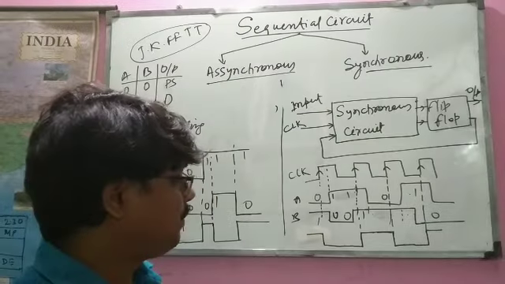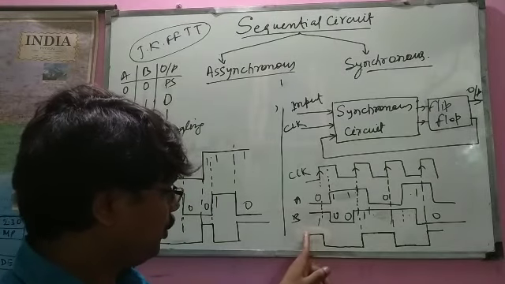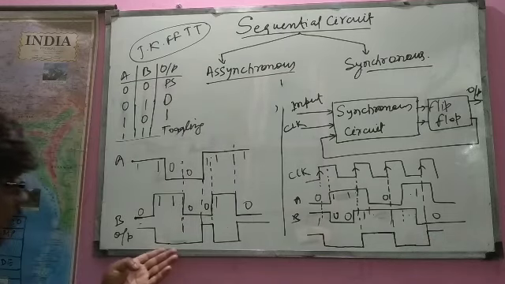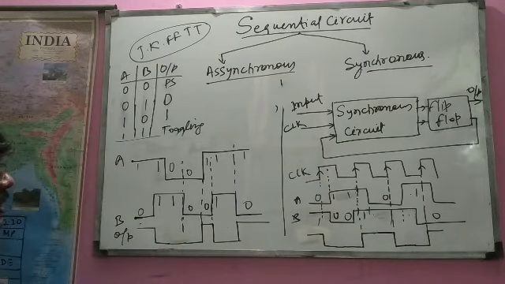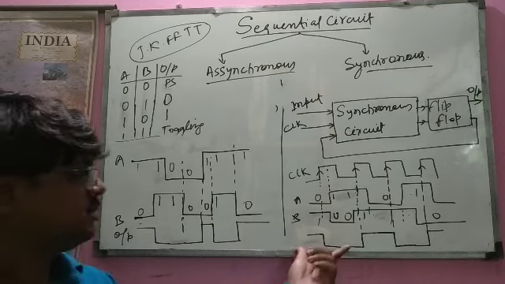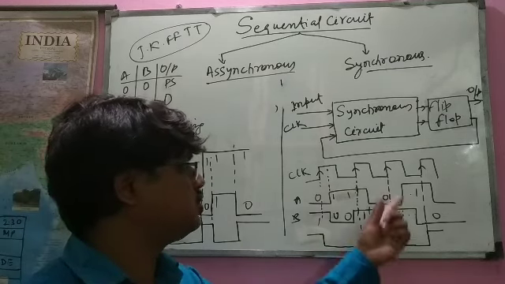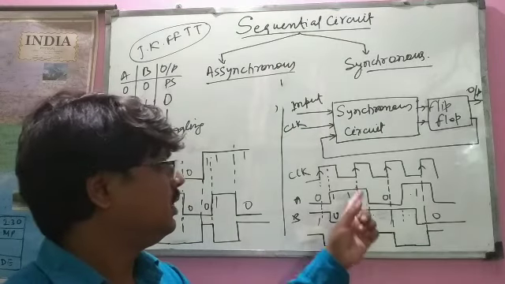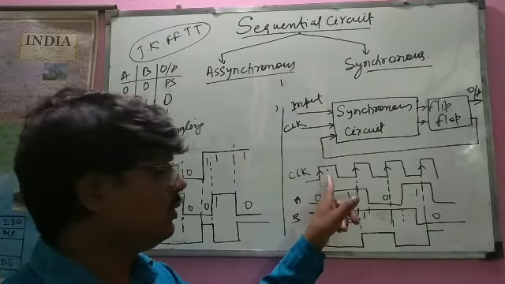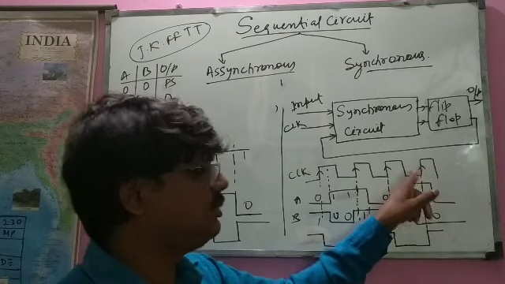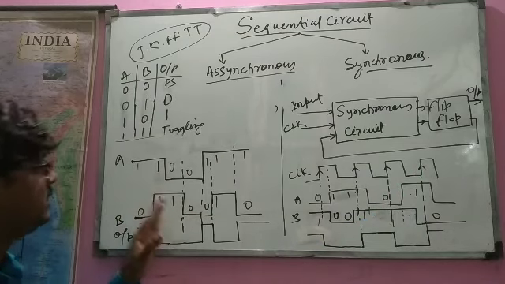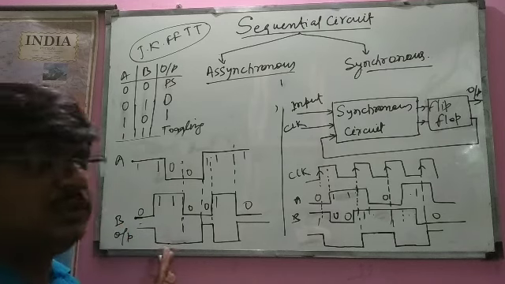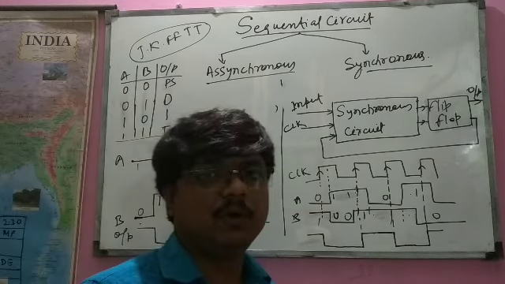Okay, so look how smooth this curve is coming and how the curve of this circuit is coming. So this is in synchronous with this clock. Output of this circuit is changing synchronously with the positive edges of the clock, and here there is no synchronization. Whenever the input will change, its output will change, but in this case it will not happen.